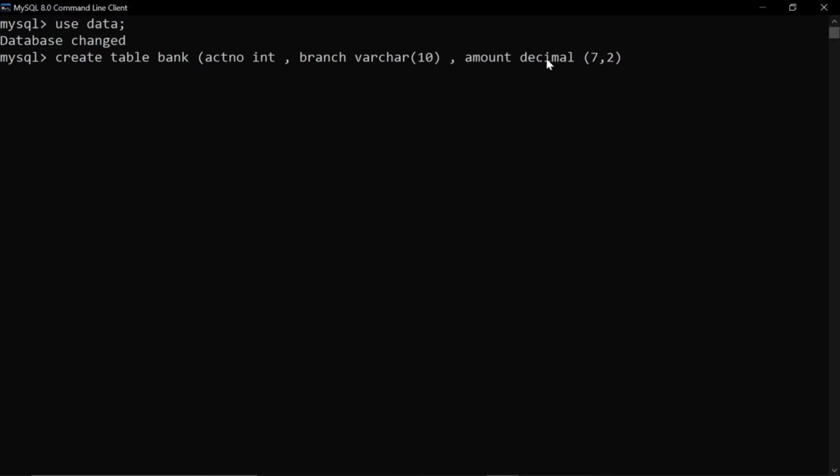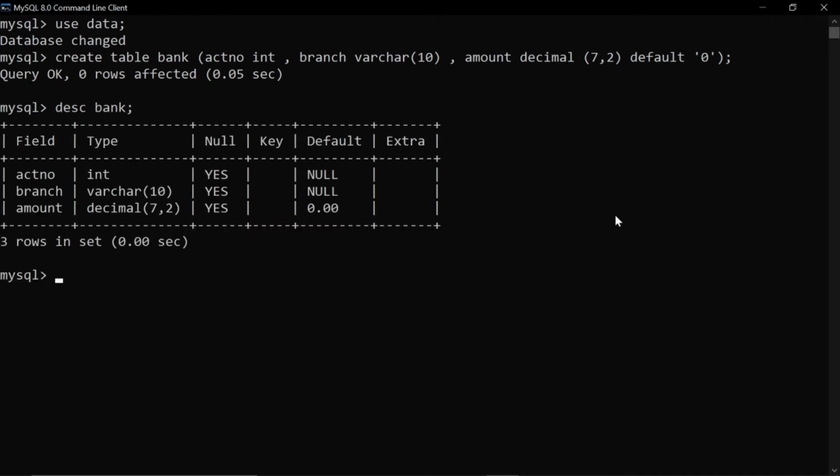So here, besides the data type, I will write the constraint that is default, and after that in single inverted commas you have to write the value which you want to set as the default value, that is 0. Now if I describe the table, you can see that instead of null, the default value for amount is given as 0.